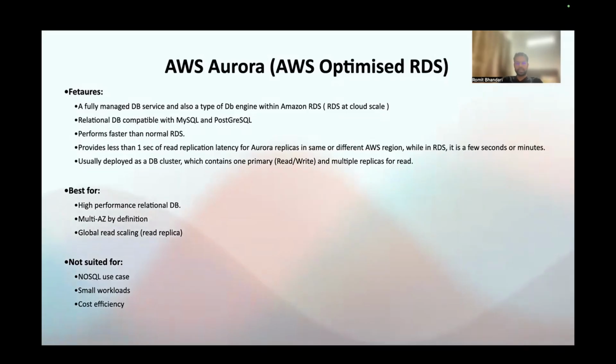What is the best case scenario? You want a high performance relational DB, go for Aurora. Multi AZ by definition, and global read scaling, read replicas. So if you want read replicas easily available, go for Aurora. If you have reads getting scaled in your application globally, more reads, then definitely go for Aurora. Because you have the read replica concept easily available here, and it is not suited obviously for NoSQL, small workloads